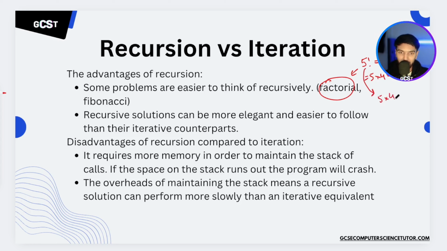5 times 4 factorial. So if we think of a stack, that will call 4 factorial, and 4 factorial is just 4 times 3 factorial, and then 3 factorial will call 2 factorial, which is just 2 times 1 factorial. And we know that 1 factorial is 1. So once that gets popped off, that's 1 multiplied by 2, which is 2, then 2 times 3, 3 times 4, 4 times 5, which is